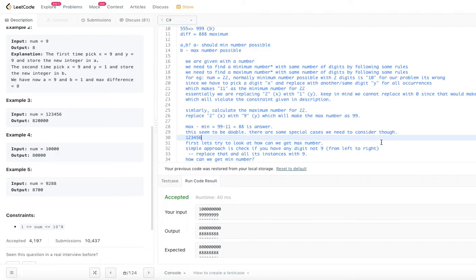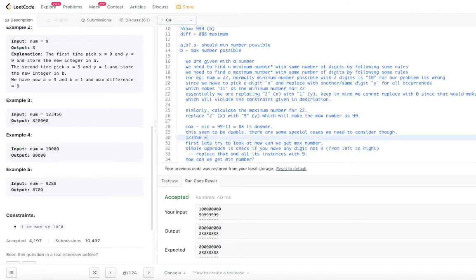So we have to find the first digit which is not 9 and replace that with a 9. Simple, right? So from left to right, 1 2 3 4 5 6, this is actually a big number which is having 6 digits. The first number which is not 9 is the first digit itself.